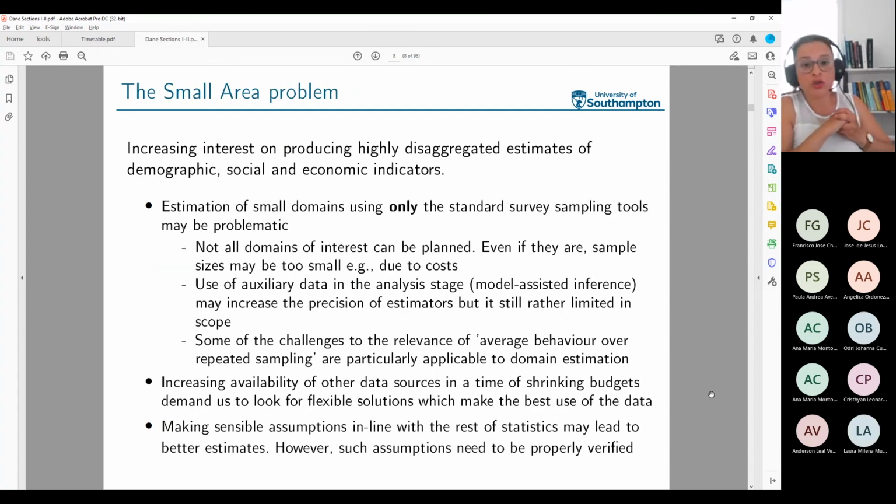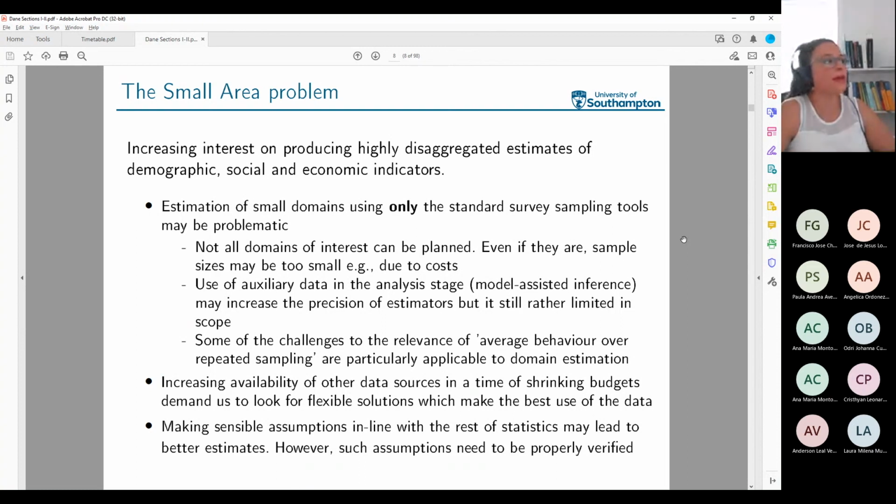Okay, so I have introduced those two different frameworks of inference, and I have sort of compared them a little bit. Now I'm going to talk for a moment about the small area problem, and then I will make the break so that we can all have a glass of water or a coffee. So let me go back to the